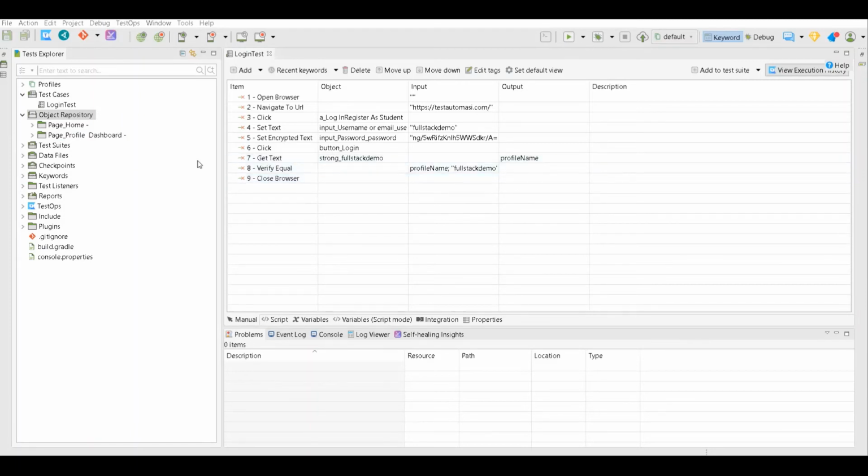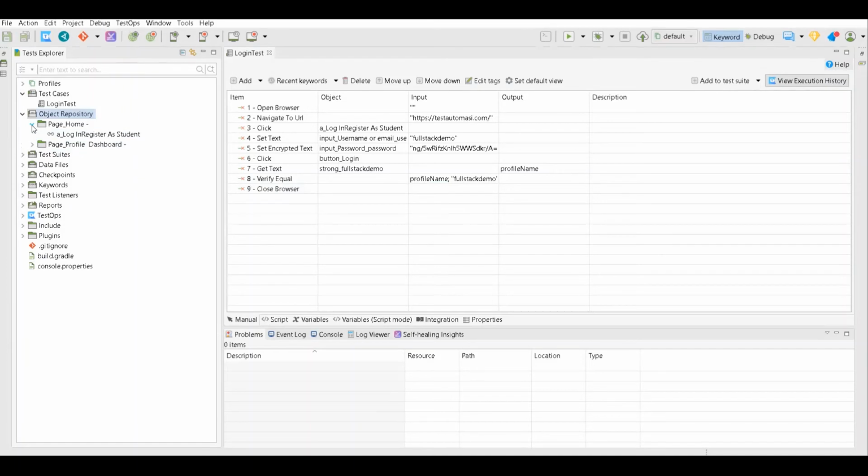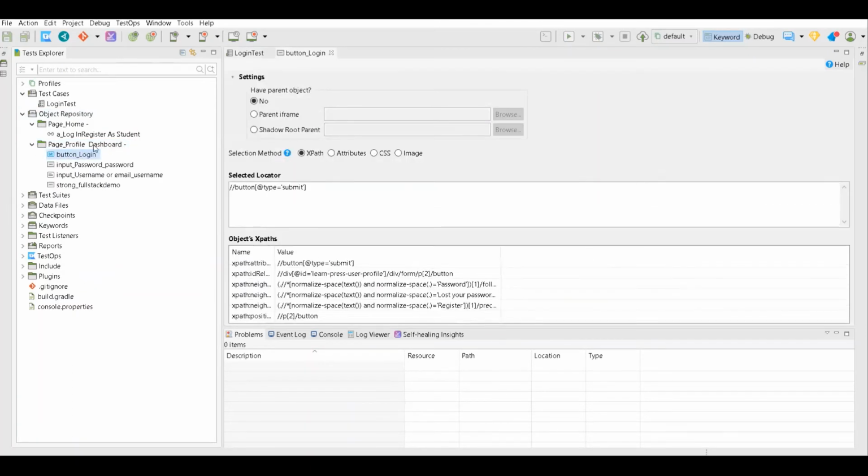So now if you open this, let's say page home elements, you would see all those XPaths which we were extracting from SelectorsHub. But the thing here is you can see a lot of XPaths. Katalon Studio has a feature called auto heal. It automatically picks up the best XPath or best locator for your element. As you can see, there are a lot of locators here, but it picked up the best one, which is @type equal to submit.